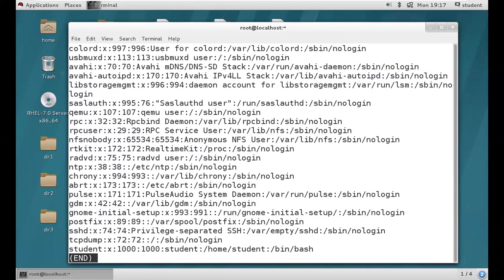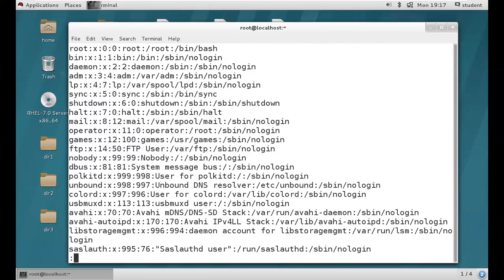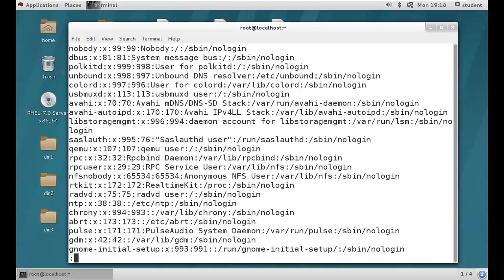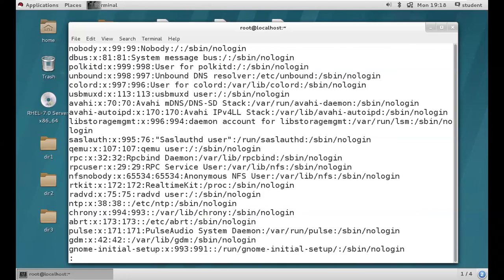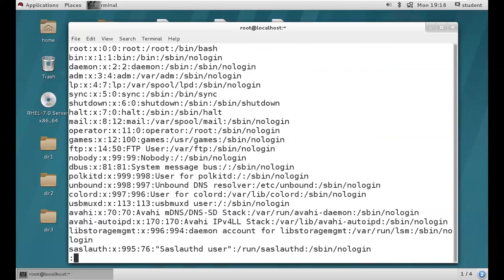The previous page is B, B for boy. Clear? So D next page, B previous page. If you want, you can use the page up and page down keys also, it's not a problem. Instead of using D, B and all that, you can use page up and page down keys.